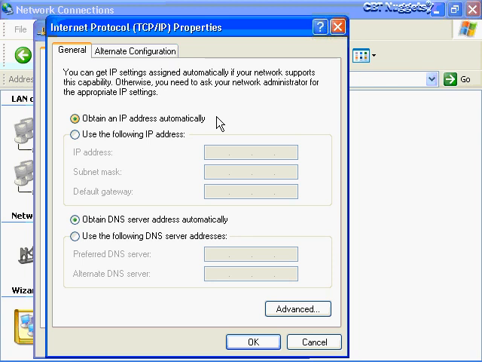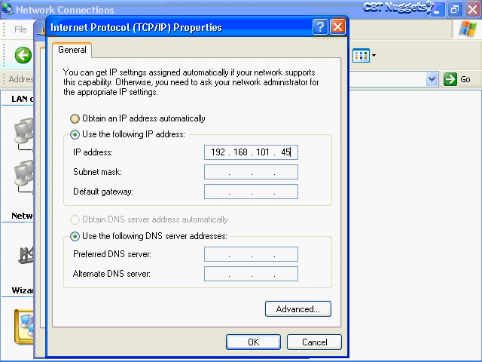Just remember, if I get an APIPA address, I can only talk to other computers that are on that same APIPA network, and the chances are I may be the only one. Or I can use the following address, and this is what we call static assignment, where you type in an IP address,